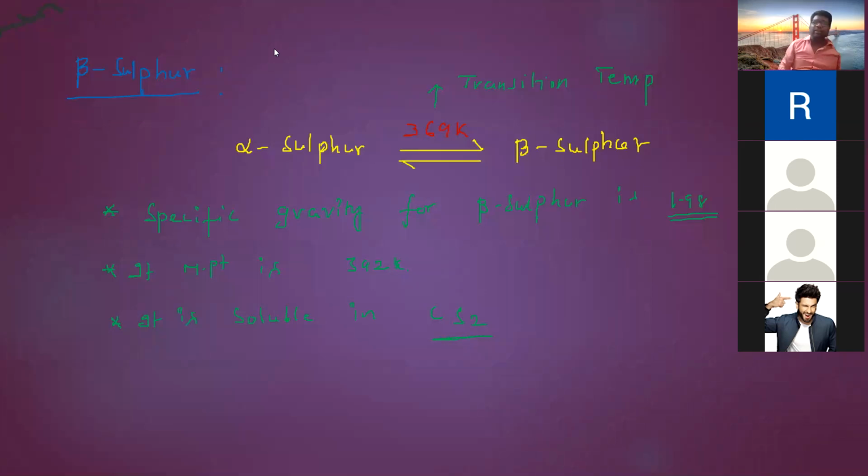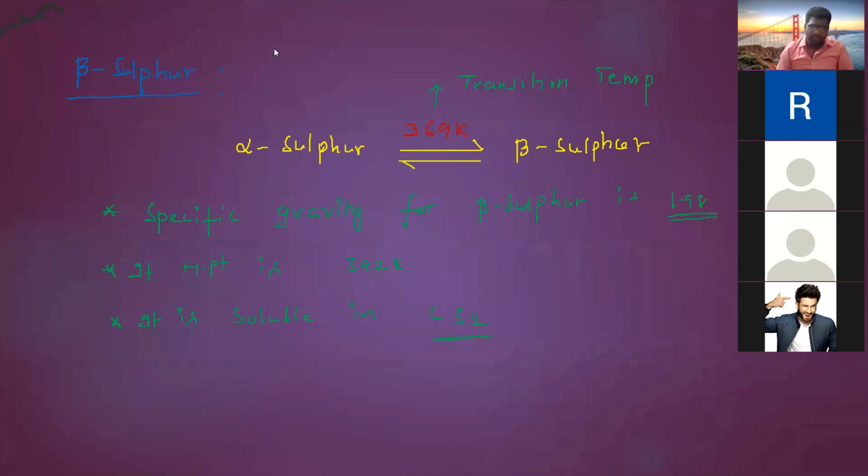It's not necessary to go into alpha and gamma, but the structures are very important. Whether alpha, beta, gamma or psi sulfur, everyone is crystalline in nature and possesses a puckered ring structure or crown ring structure. Why does it exhibit a puckered structure? Because alpha, beta and gamma sulfur are all crystalline in nature, that's why they possess a puckered ring structure. Puckered means S-shaped structure. Okay, completed beta sulfur.